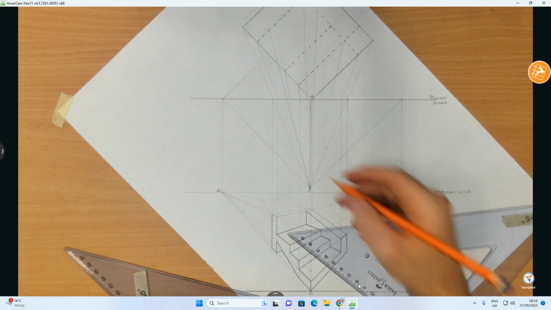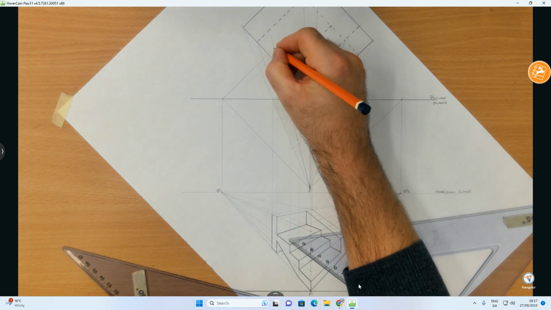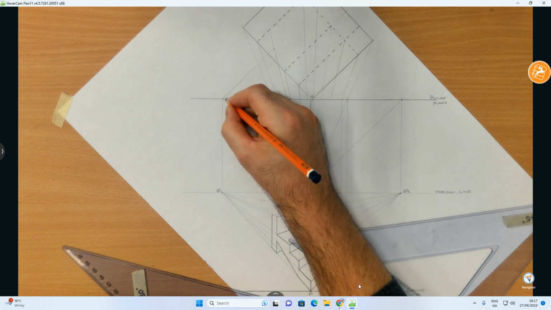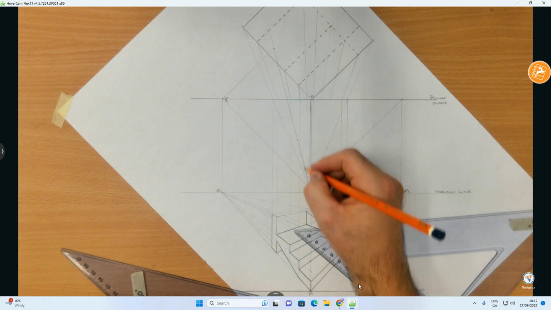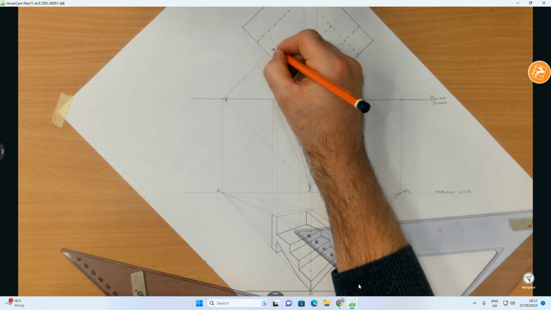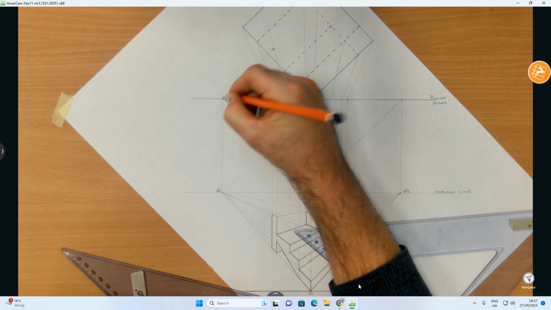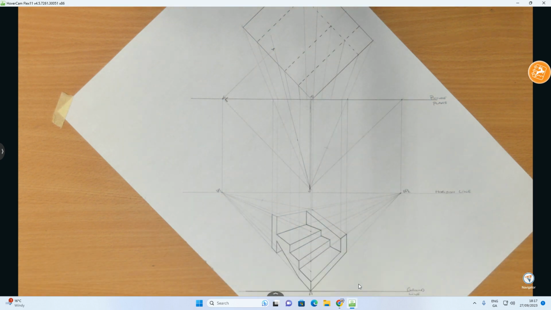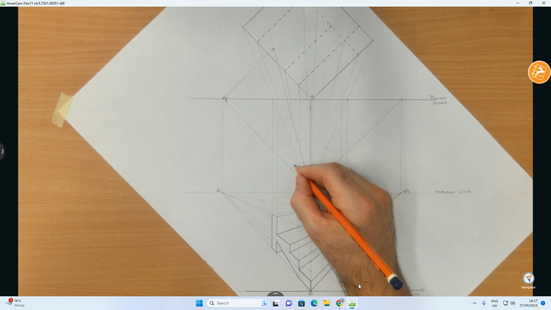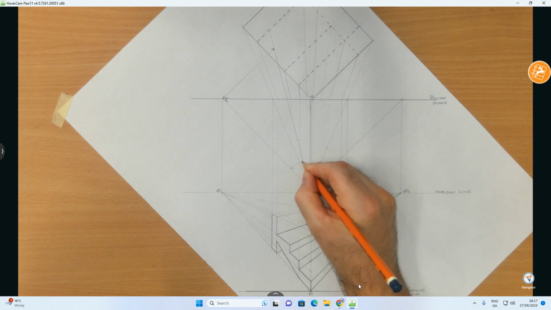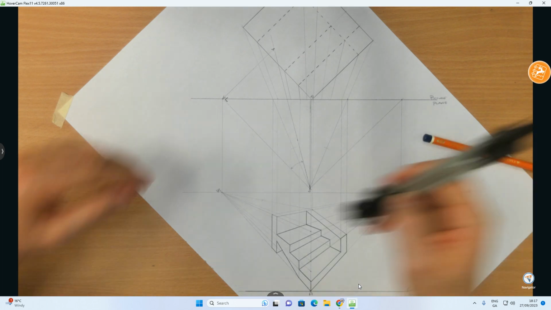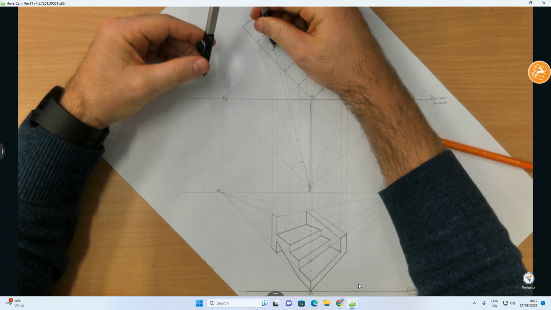Okay, now what's helpful here, that 30-degree angle was the line where my perpendicular line, put a little perpendicular symbol in there, where the perpendicular line intersects the 30-degree line, right there, that is my height from there to there for my auxiliary vanishing points. Okay, and that there is my 30-degree angle inside here. Okay, so with my compass, I'm now going to take that height there